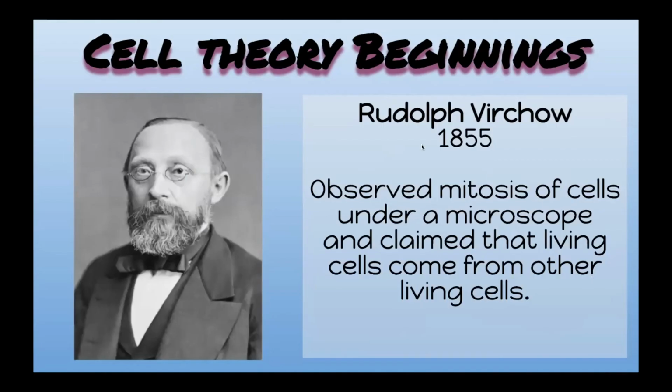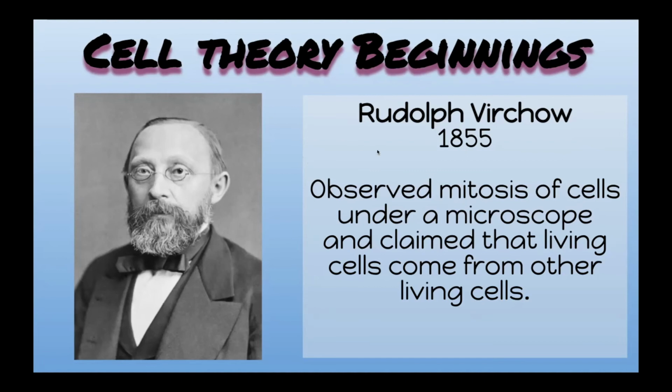All right, so our last scientist that we're going to talk about today is Rudolf Virchow, and he was a German physician. And in 1855, he observed mitosis of cells under a microscope. So he saw the cells splitting and claimed that living cells come from other living cells. This was very important because back then, this was mind-blowing, very controversial. People did not believe that cells were produced from previously existing cells. They thought they just spontaneously occurred from non-living things. For example, they used to think that fleas came from the sand, which we know is not true,